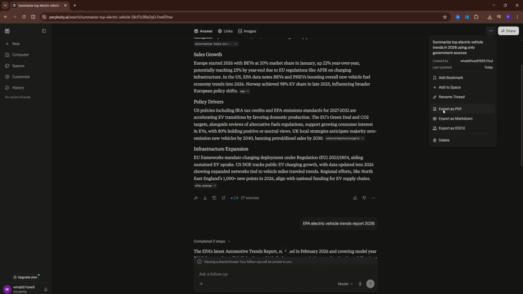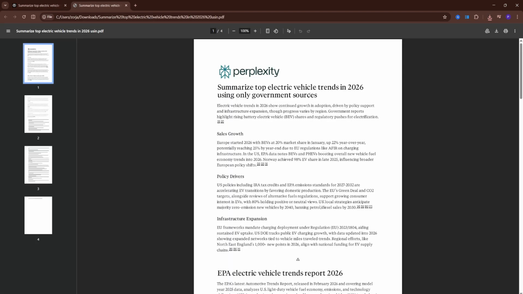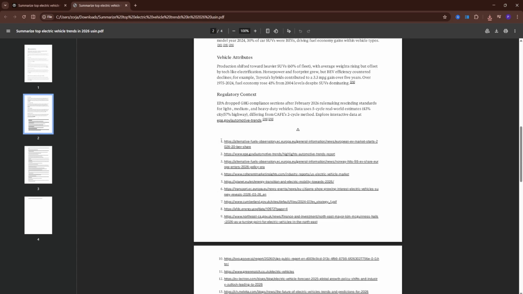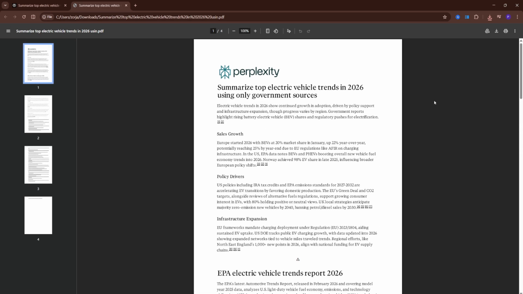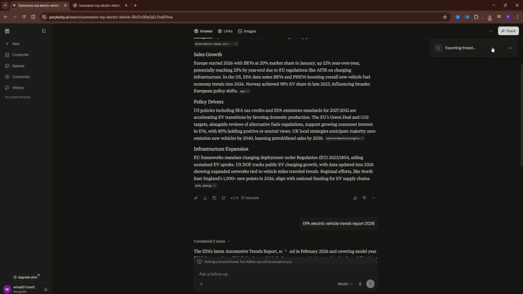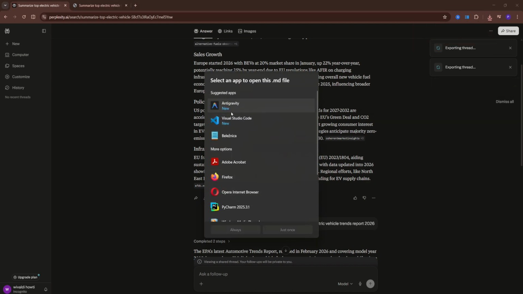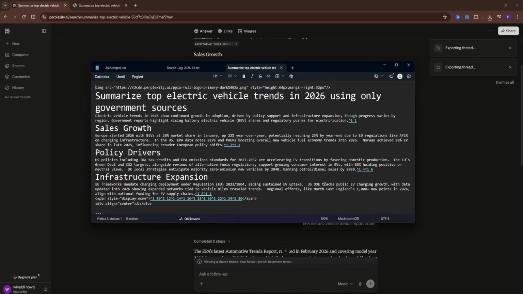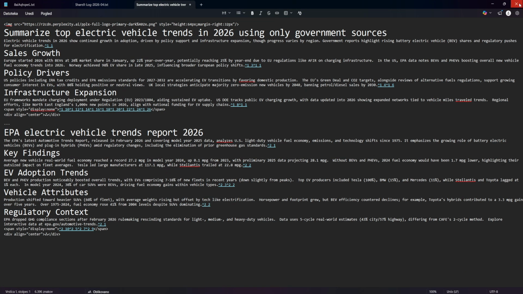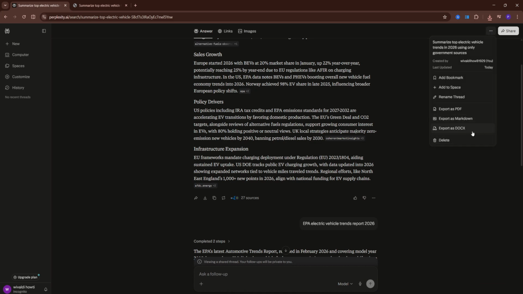Now, let's say export as a PDF. Now it's exporting the thread, and if I open this, you can see it's really nicely organized with every link that Perplexity used for this article. Now also let's export as Markdown just to see. Okay, so I won't be able, I think, to open up this one. All right, okay, this one is a little bit not that organized. And the last one is also export as docx, but I think you know how it looks